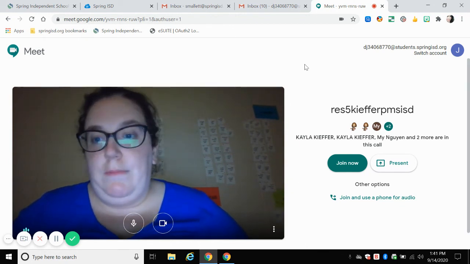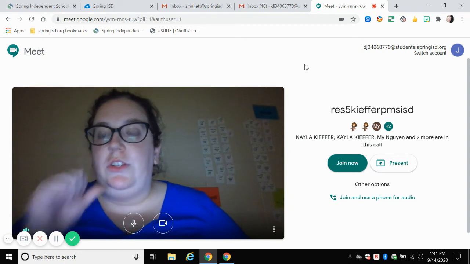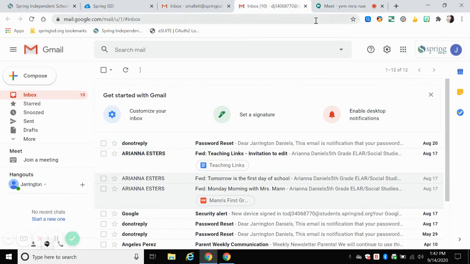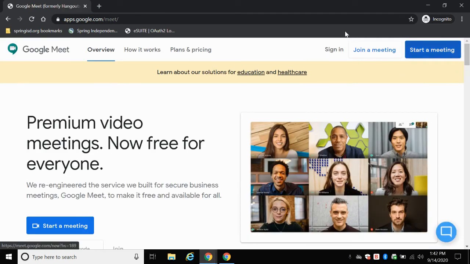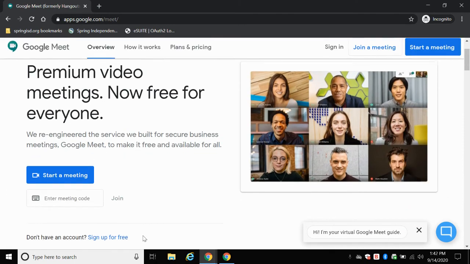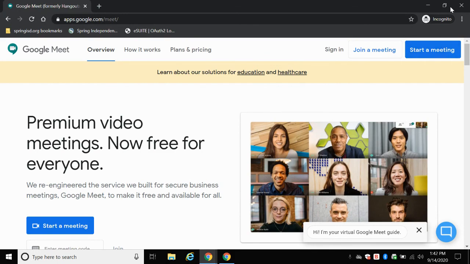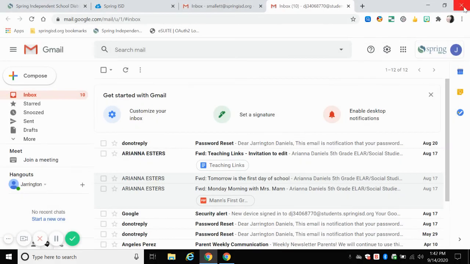Now, one thing to keep in mind is another way for you to determine if you are signed out of your personal email. I'm just going to open it up in a new browser so you can see what I mean. If you go to meet.google.com and it looks like this, that means you are signed into a personal email address. So you will need to make sure that you, or the student, is signed in to their MySpring